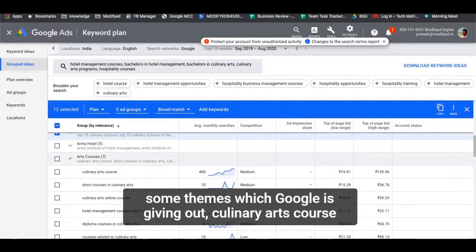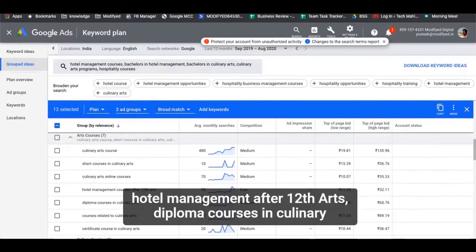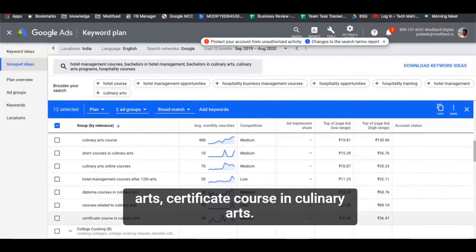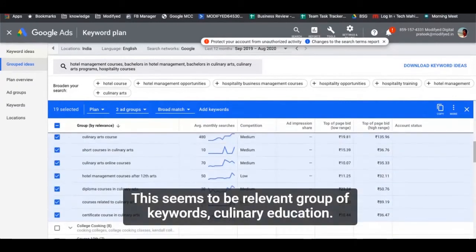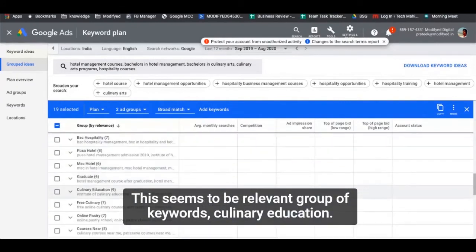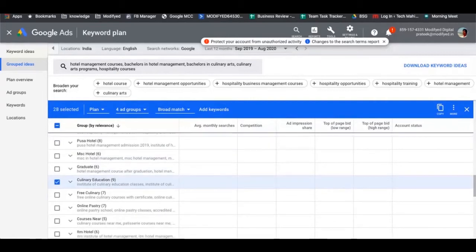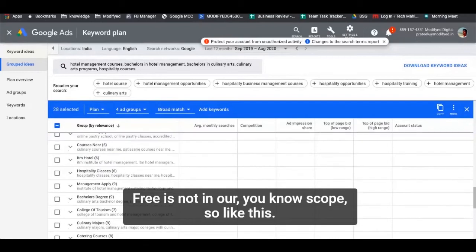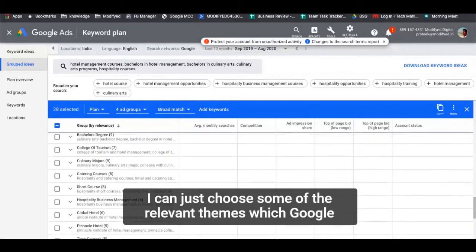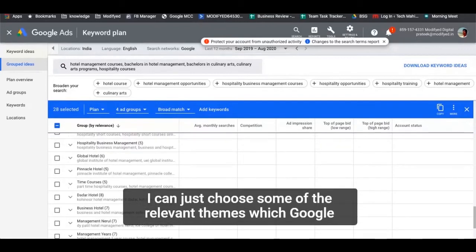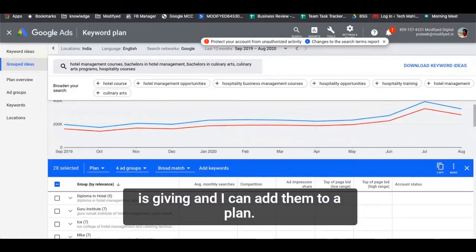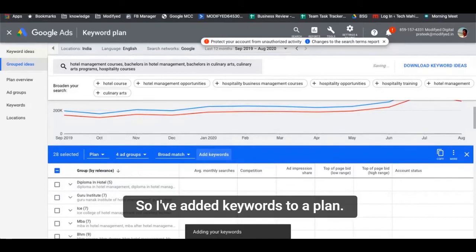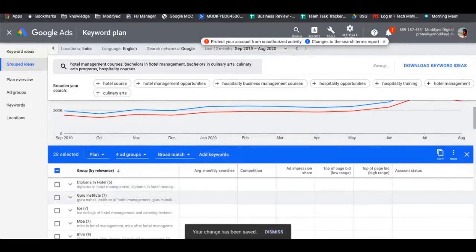Culinary arts course, hotel management after 12th arts, diploma courses in culinary arts, certificate course in culinary arts. This seems to be a relevant group of keywords. Culinary education, free is not in our scope. So like this, I can just choose some of the relevant themes which Google is giving, and I can add them to a plan. So I've added keywords to a plan,